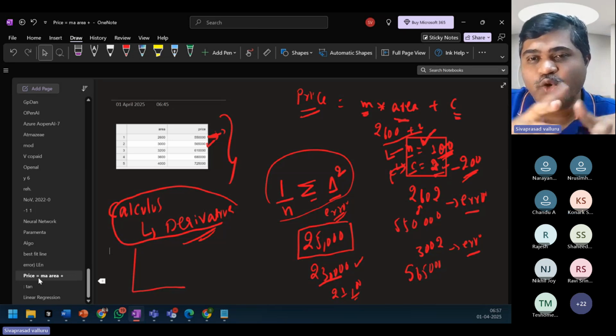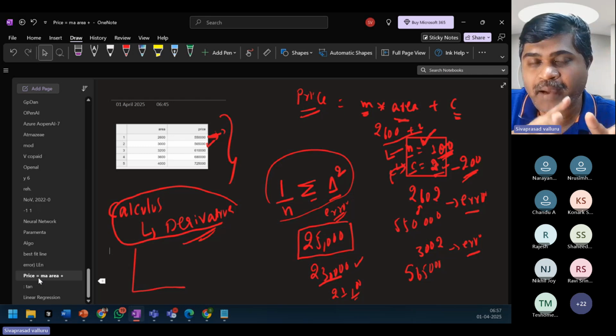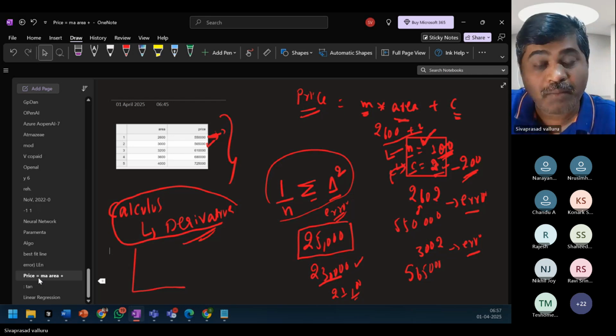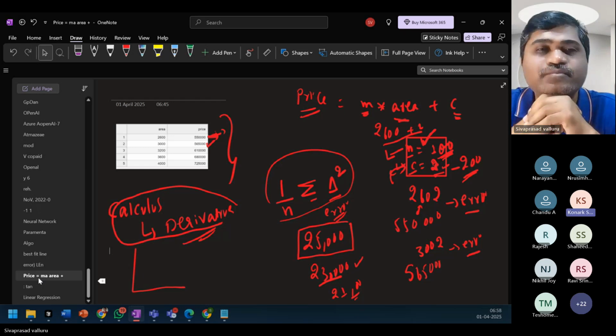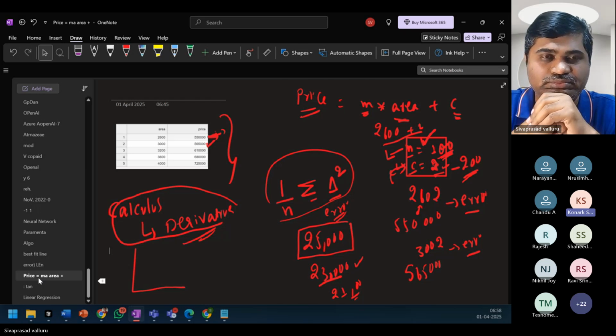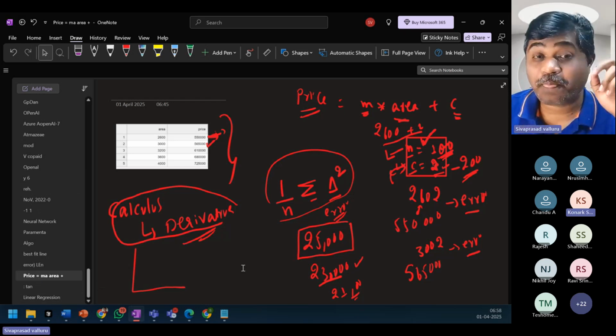So you mean to say that the price is not only dependent on area, the price might be dependent on various factors, maybe the society where you are buying, or the number of bedrooms. Even if this fits a slope, it will give us some model using this regression technique, but when we try to fit it, it may not predict properly.